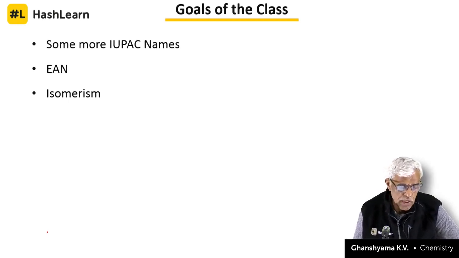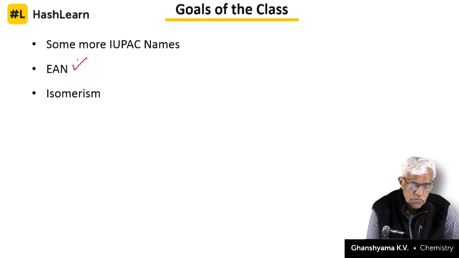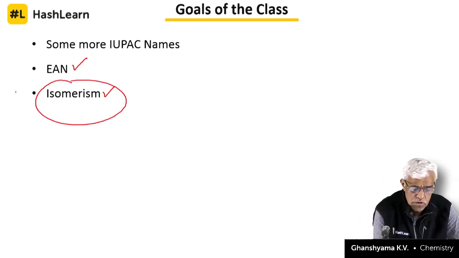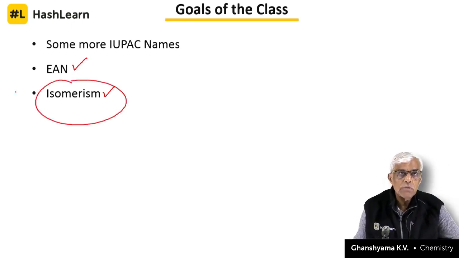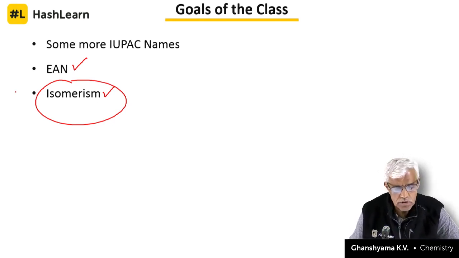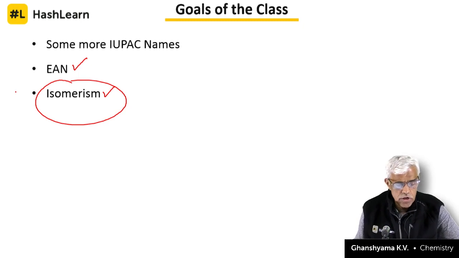After that, I will go to what's known as effective atomic number, and then the big part of it, isomerism, important, at the same time huge subchapter under coordination compounds. Okay,